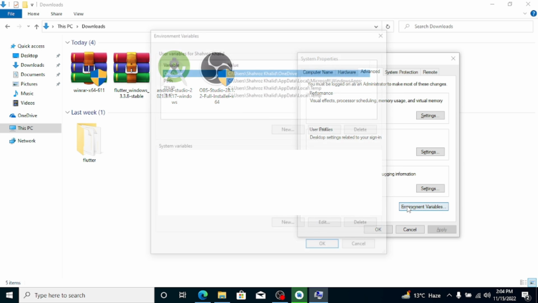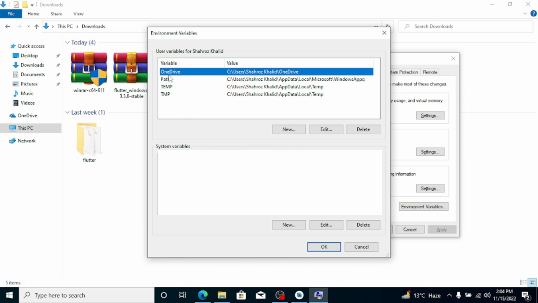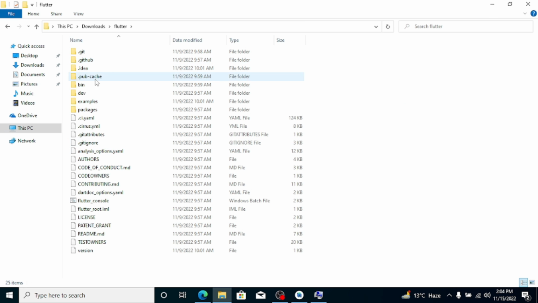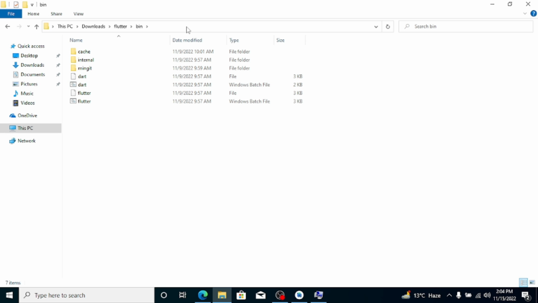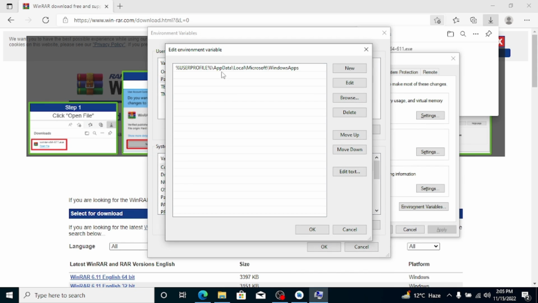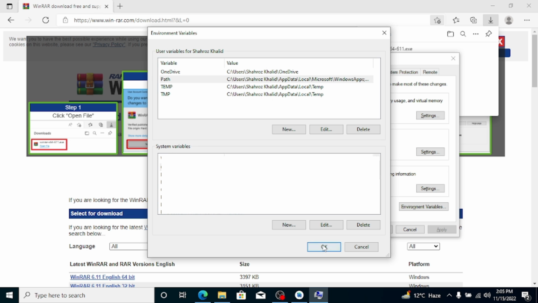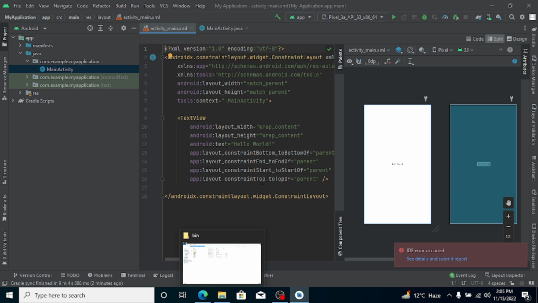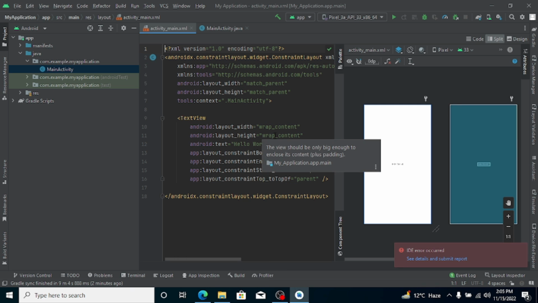So click on the environment variable, and from here you will click on the path, and here I'm gonna open this Flutter folder that we just downloaded and go to the bin folder and click on here and copy this path and paste that path here like that, and click on OK and OK and OK. And now we finish setting up our environment variables, and we also have the Flutter SDK, and also our